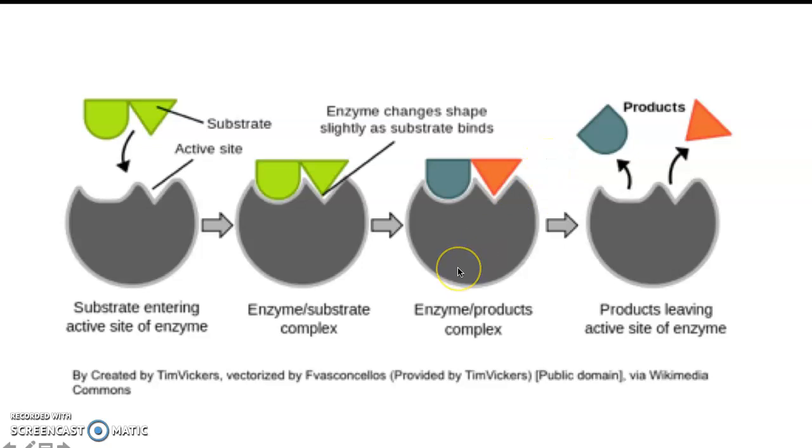So basically, anything that enhances or optimizes the ability of the enzyme to interact with the substrate or bump into the substrate can be thought of as increasing the activity of this enzyme, and thereby, if we increase the activity of the enzyme, we're going to increase the amount of product that's formed,